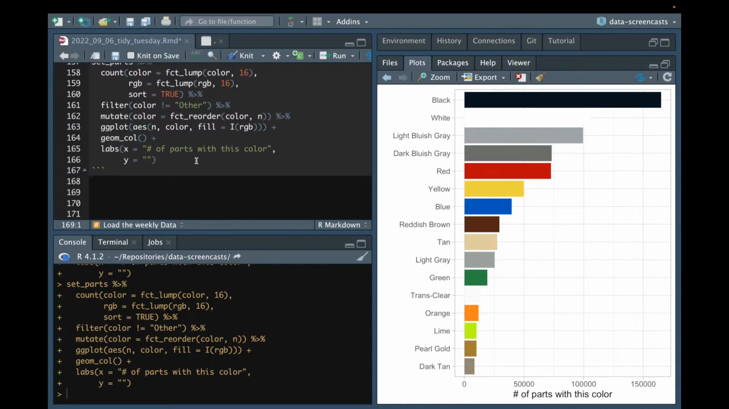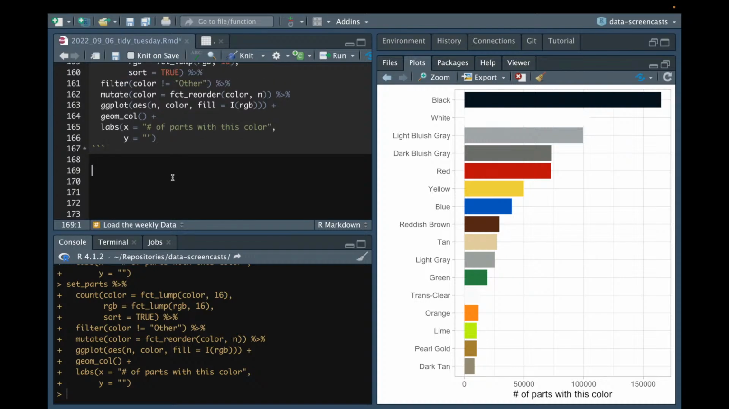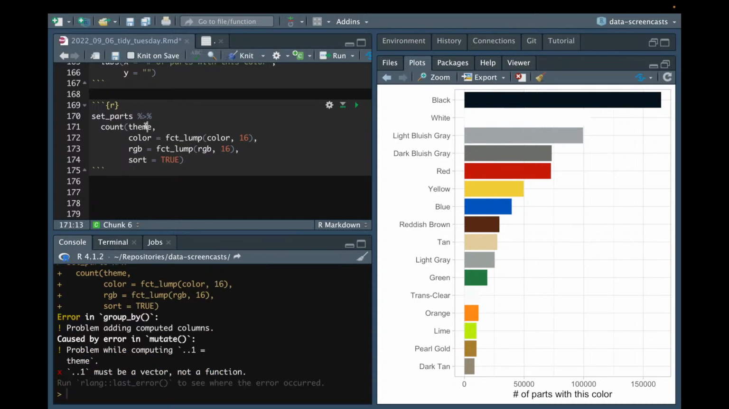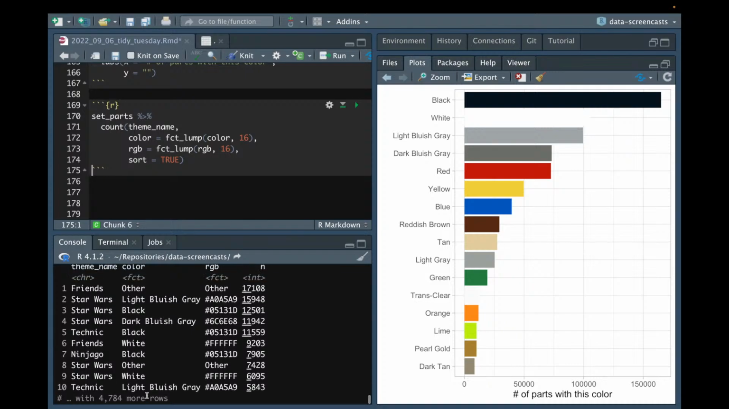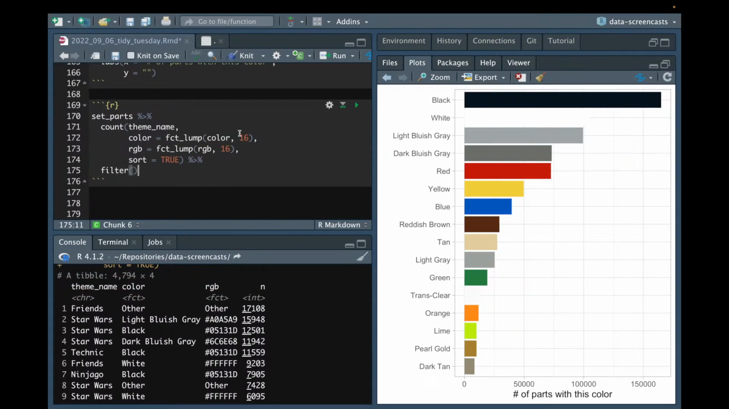I like to look at this over time. And oh, what happened if I just did? Well, all right. Let's do this. Let's count by theme and the others. Oh, theme name. And now I can say something like, let's pick a couple of themes where I can say